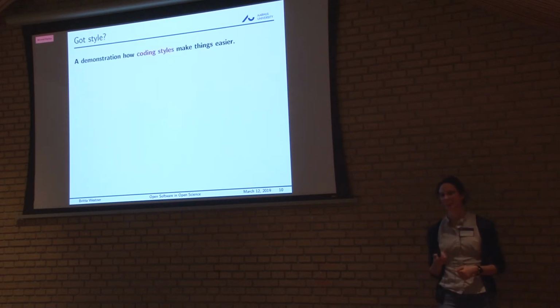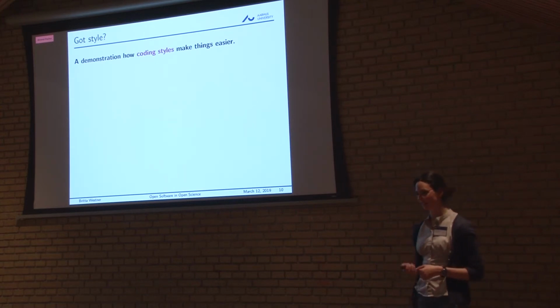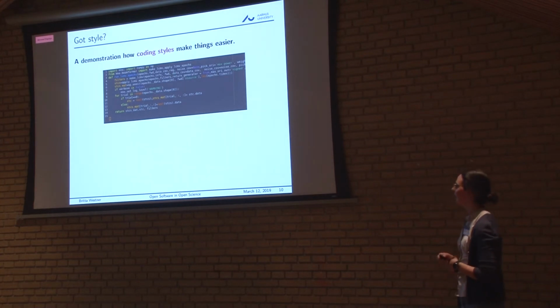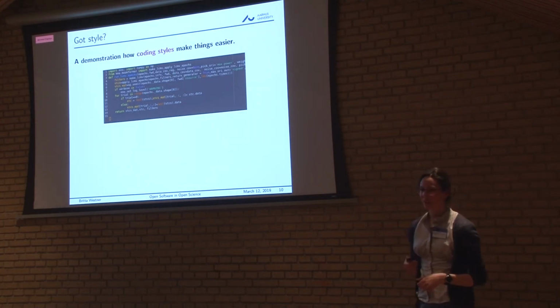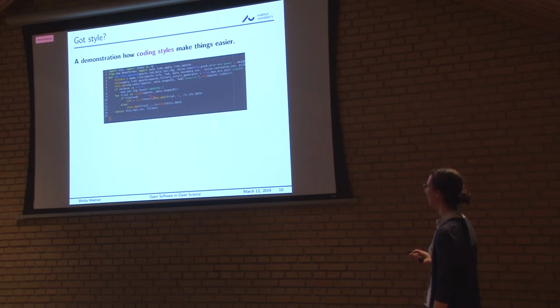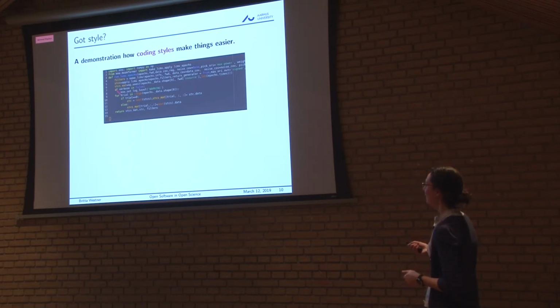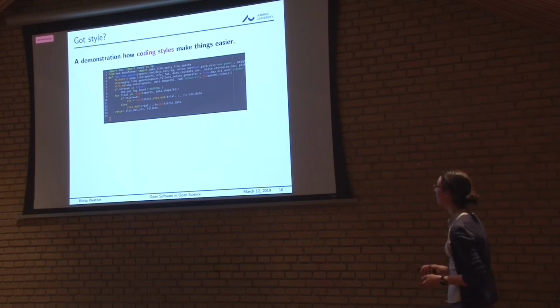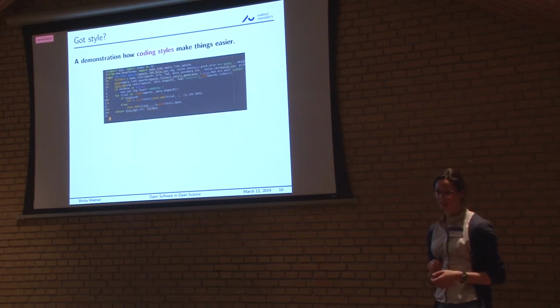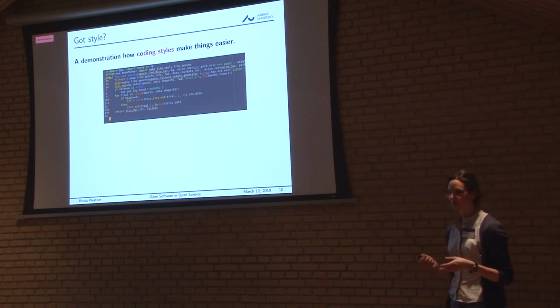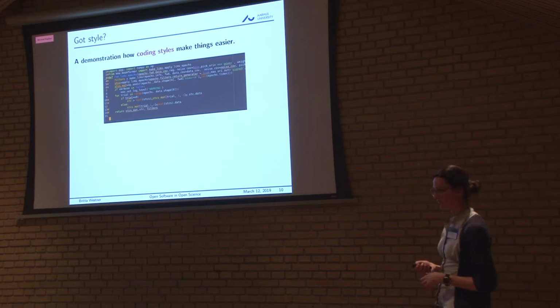OK, I'd like to demonstrate to you why coding style makes things easier. Consider this code. I hope you agree that it's kind of hard to, I mean, of course, most of you might not be familiar with those functions because they are from the MEG world, but still, what's going on here? Also, the lines go on and on and on here. I cut them off because I didn't have enough space. There are linters for that. A linter is basically a little test program that runs in the background and tells you what's wrong with that code. And as you can see with all that orange here going on,